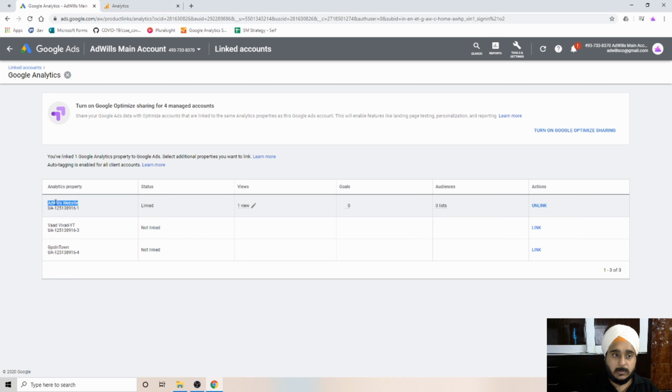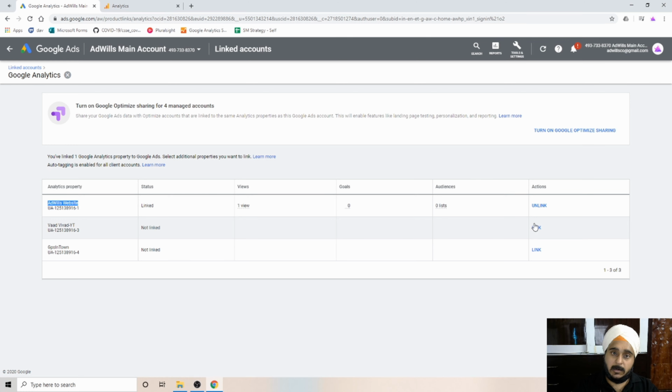And then once we have come to this section, we need to click on it; the analytics property should be linked. If it's not showing here, it just means that you're not logged in with the same email in your Ads account as on your Analytics account. The primary requirement for you to see all the properties you might have already set up in your analytics account is using the same email on both. That way all your properties will populate over here,